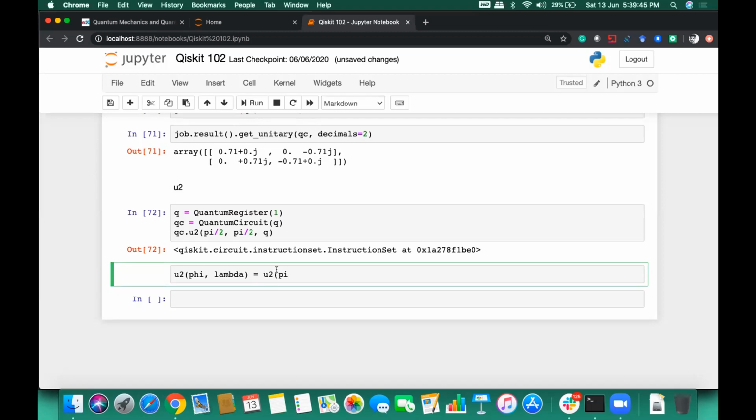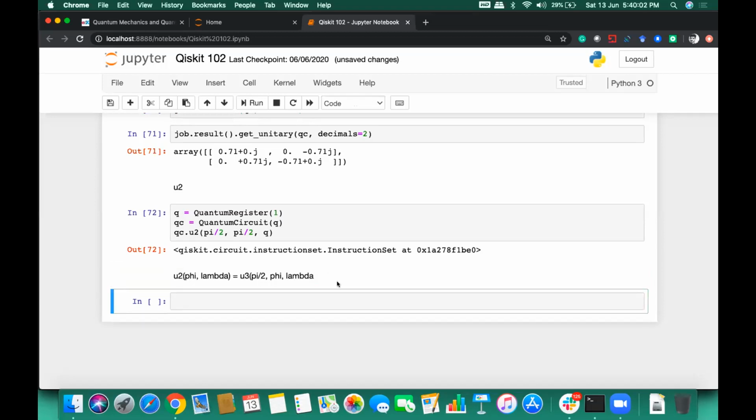No, I have converted that to markdown, so it will not. Okay, cool. So this is equal to function U3 of pi by 2, phi and lambda. Okay, so this is how you can relate the unitary 2 gate with the unitary 3 gate.